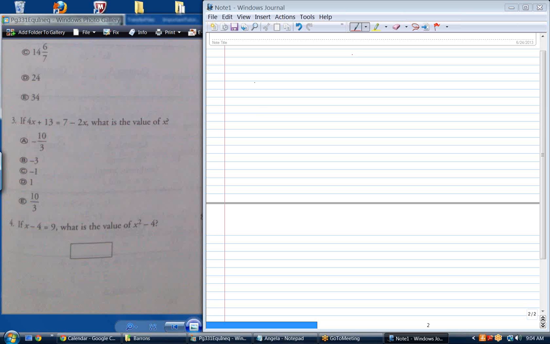So what do you get? Let's see, I'm getting -1. Okay. And number 4. Well, I guess once again I would just solve for x and then square